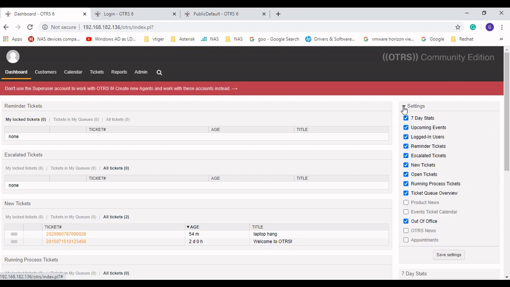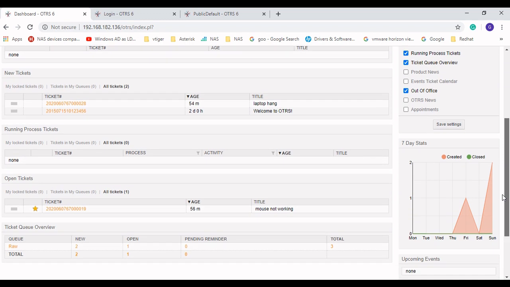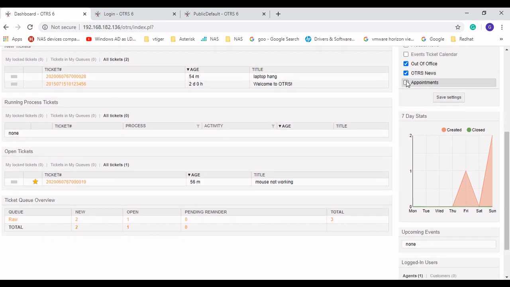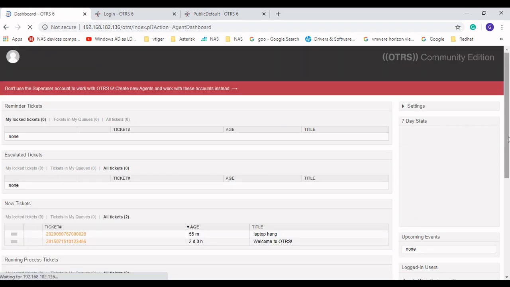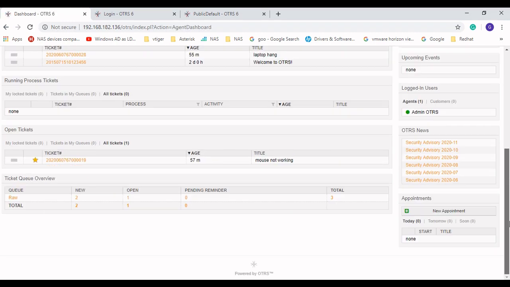At the right side, under the settings widget, you can enable or disable available widgets. So I want the OTRS news appointments widget to be available on my dashboard. Select it and save. See,